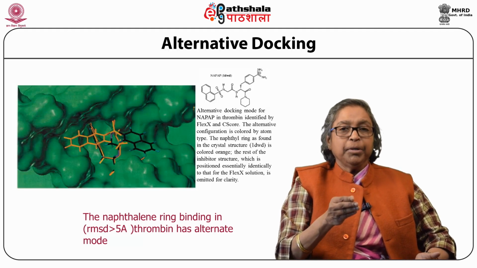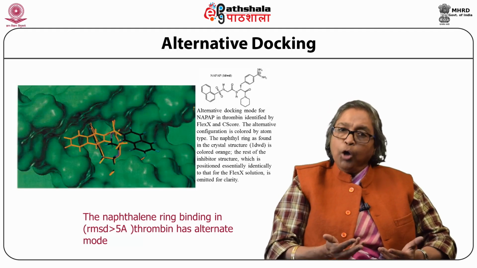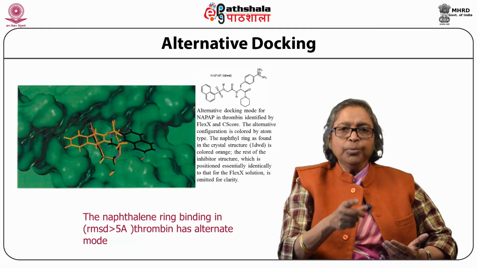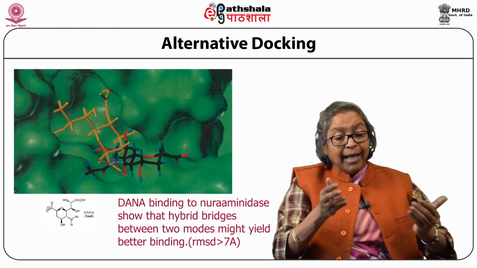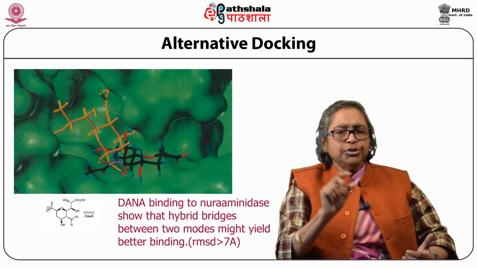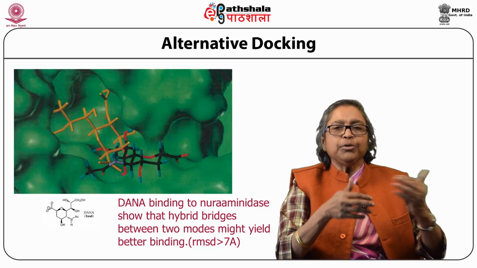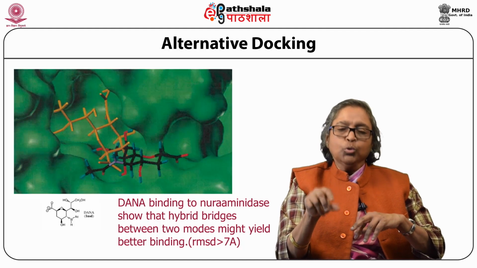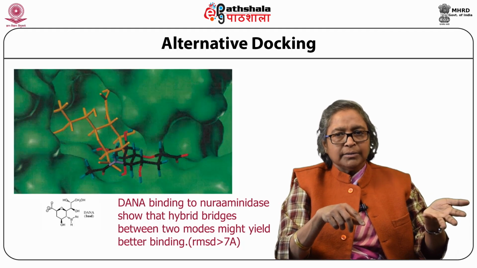Now this is interesting because in some cases the experimentally found binding coefficient might differ if there is an opportunity of alternative docking. Another case study, which the next slide shows, is on a different protein called neuraminidase. It also has a large active site, and DANA is a small molecule which binds. You can see the RMSD between the two molecules: the crystal structure is shown in black and red, and green and blue depict the molecule, and the orange color shows the docking structure.